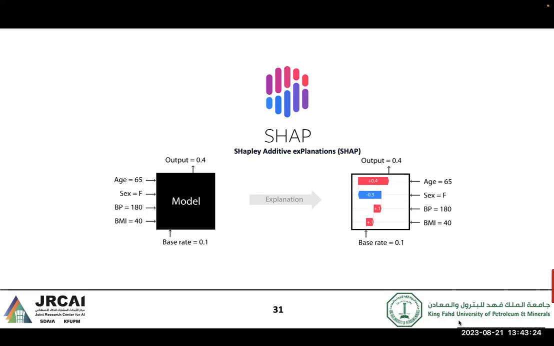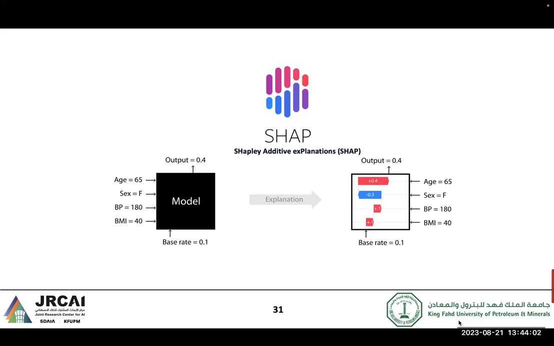Once you have the model, you just pass it to this tool in order to get some kind of explainability. We can see here from this example, which is not related to the paper, just for illustration, that the age will influence more and make more impact, meaning that at the top is the most influential variable or attribute on the decision. If you go down, the last one is the least influencing parameter.